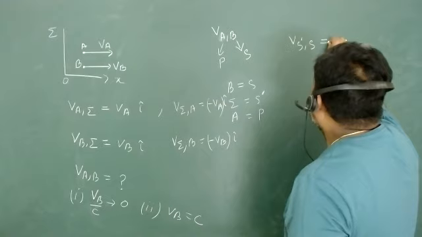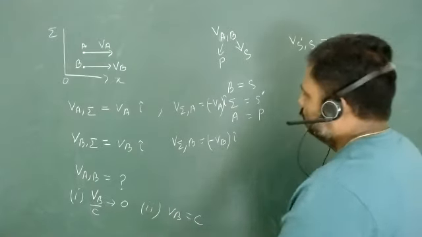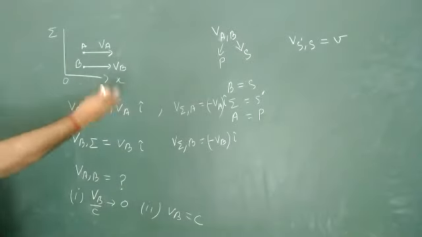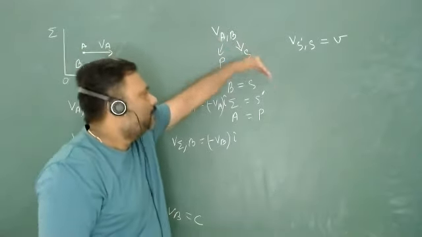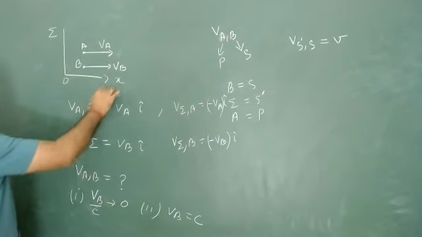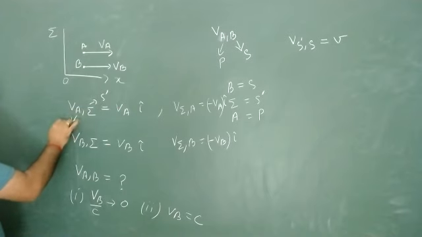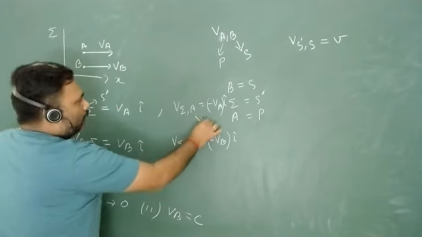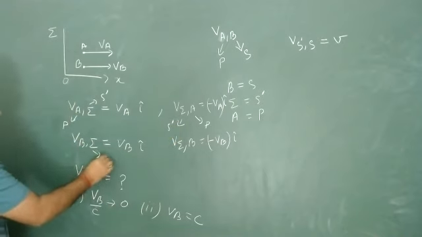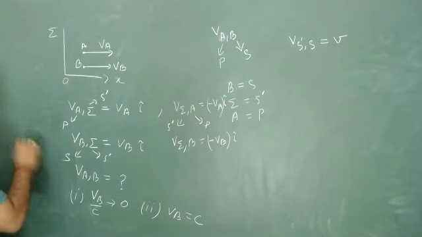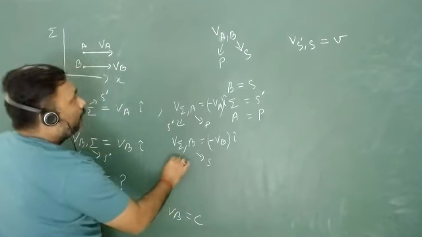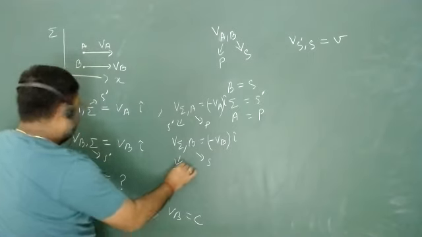Now, first thing what we have to do, we have to find velocity of S dash with respect to S, that is actually V. So now, first we will just give all the notation. Our general notation is S dash and particle. So this is my general notation. A is my particle. B is S and sigma is your S dash.